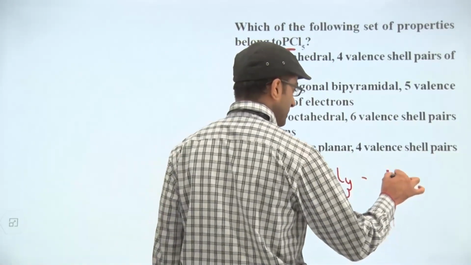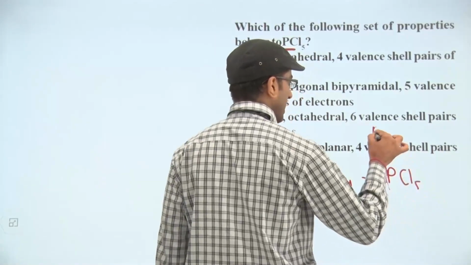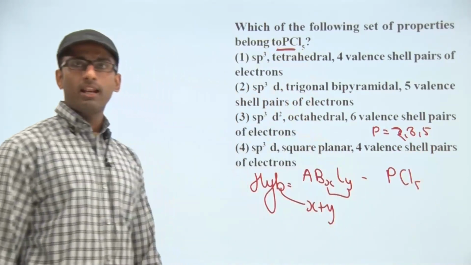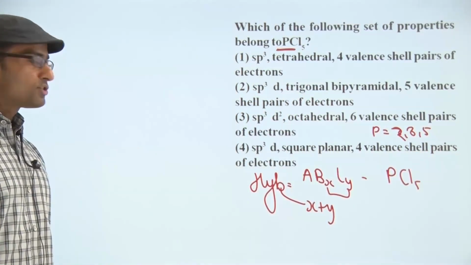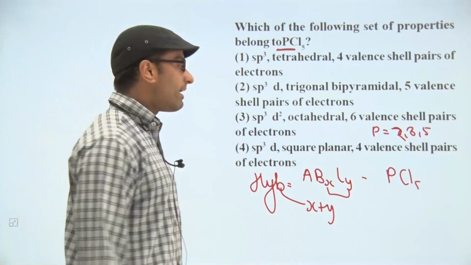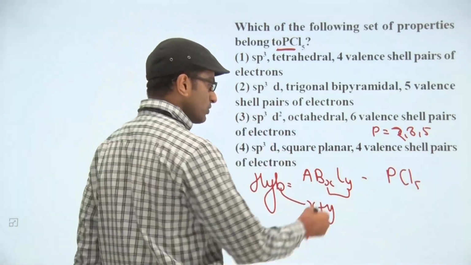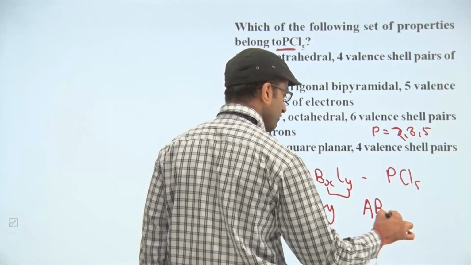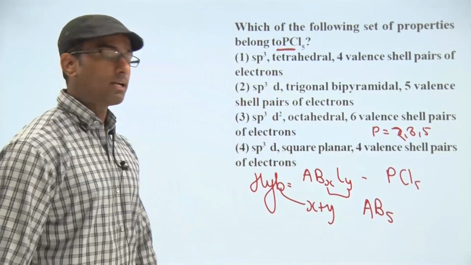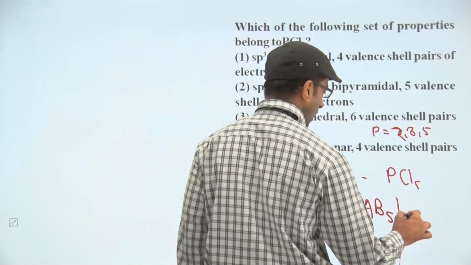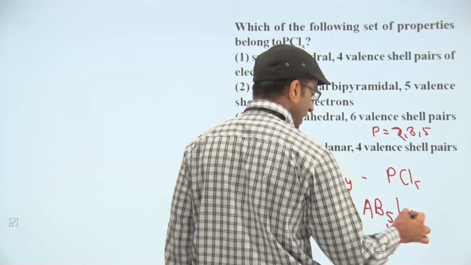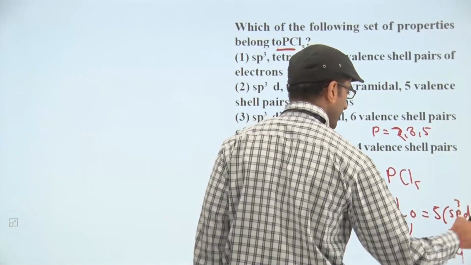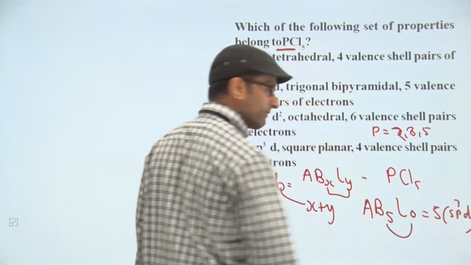So we can write here the PCl5. Phosphorus is having 2,8,5 configuration. It means 5 electron in outermost shell. All the 5 electrons are consumed here to make the bond with the 5 chlorine. That means no any lone pair is present. So this will make here the AB5, 5 bonded atom, and L0, no any lone pair is present here. So 5 plus 0 equals to 5, and it will show here the sp3d hybridization, 3, 4, 5.